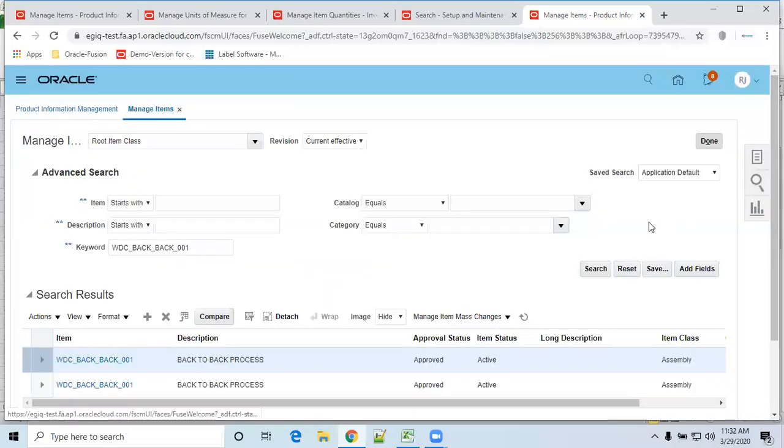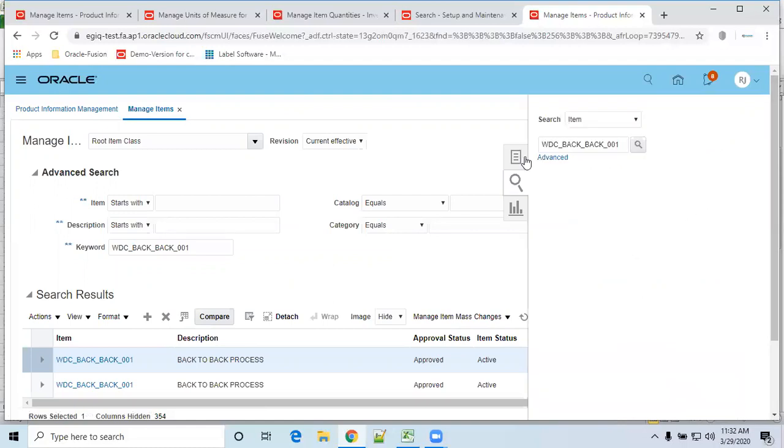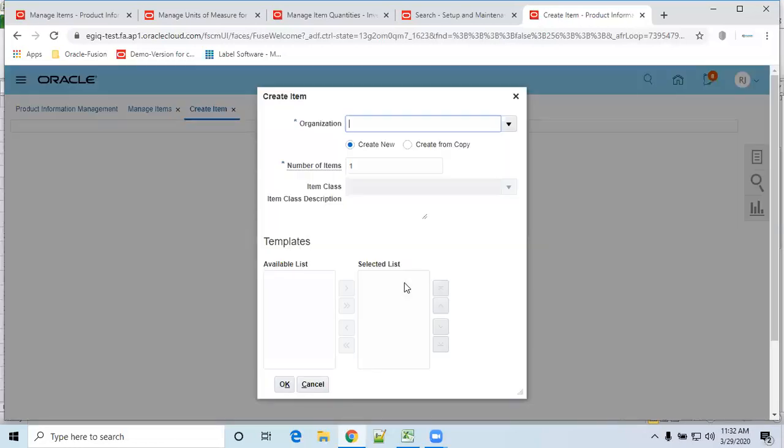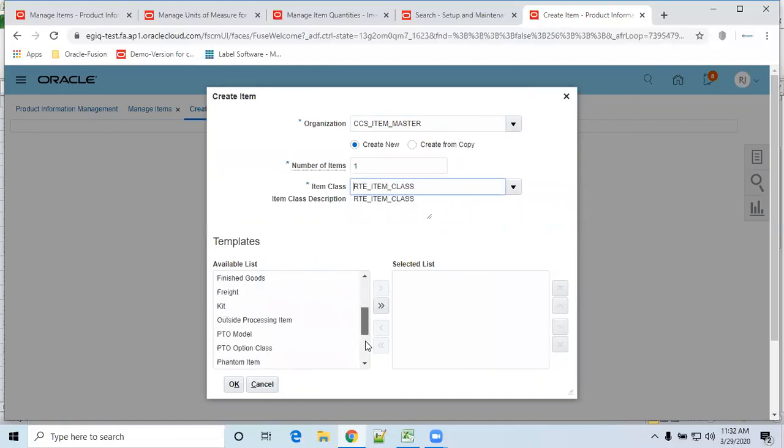Now we will quickly create one new item with CCS. Create item, CCS, RTM. You can select anything here, not a problem. Okay, we'll take the same purchase item. Click on OK.